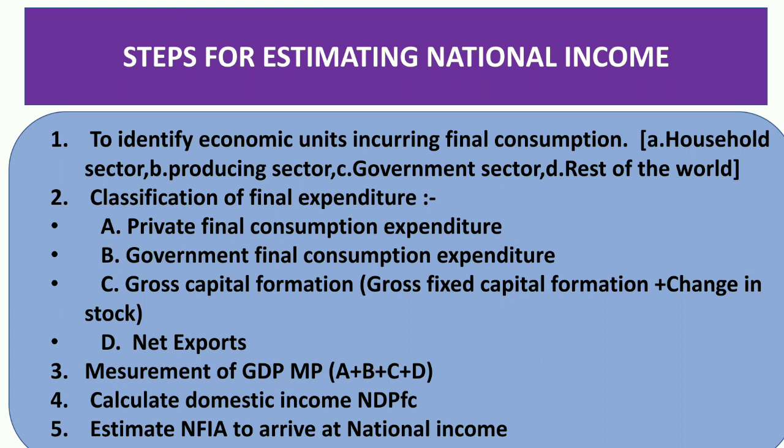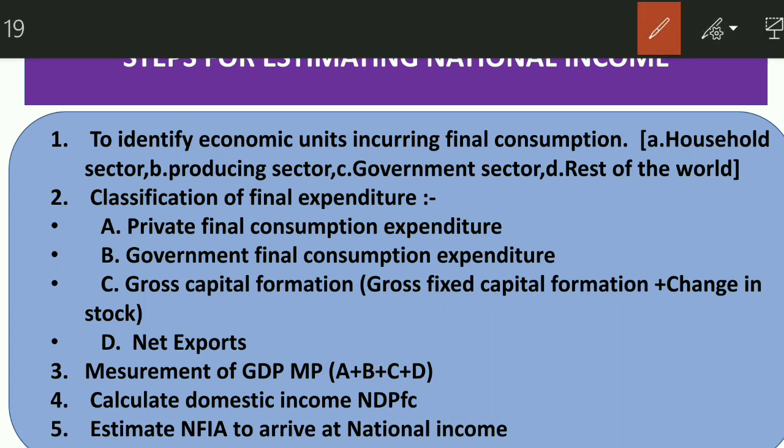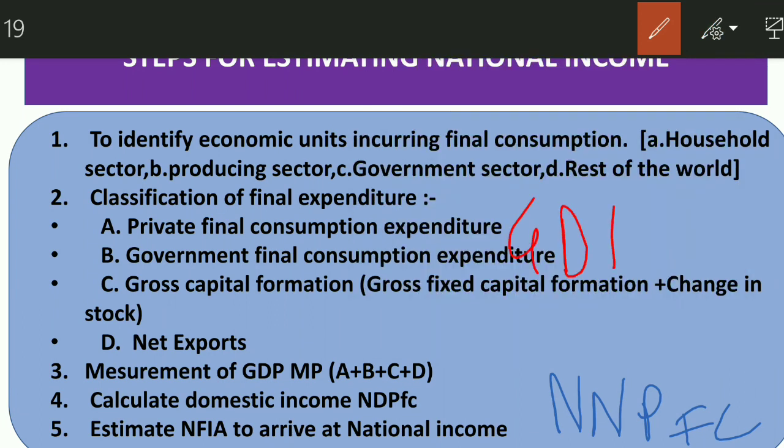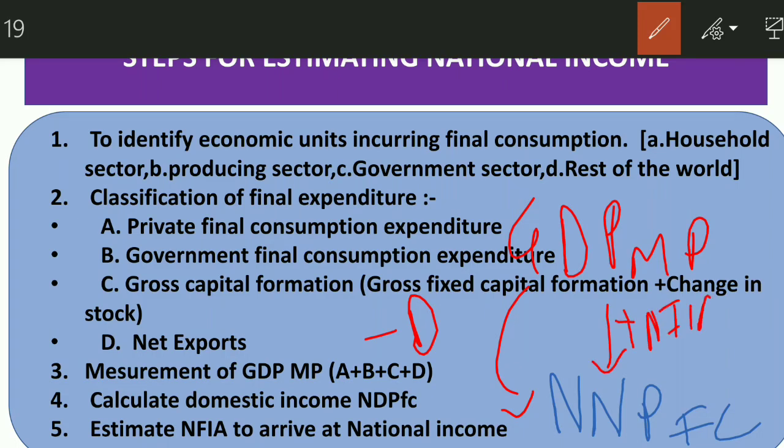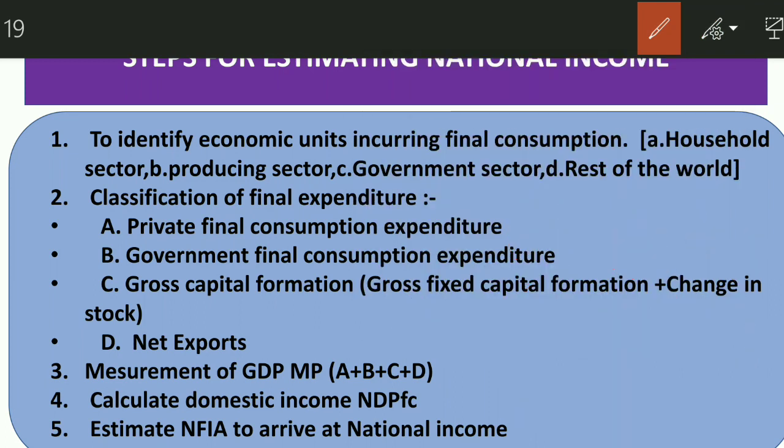Once we have gross domestic product at market price, then finding national income is very easy, because national income is simply NNP at factor cost. In order to reach NNP at factor cost from GDP at market price, we first need to subtract depreciation, then add NFIA, and then subtract NIT from GDP at market price. Then we can easily reach NNP at factor cost. I hope that this is clear to you.